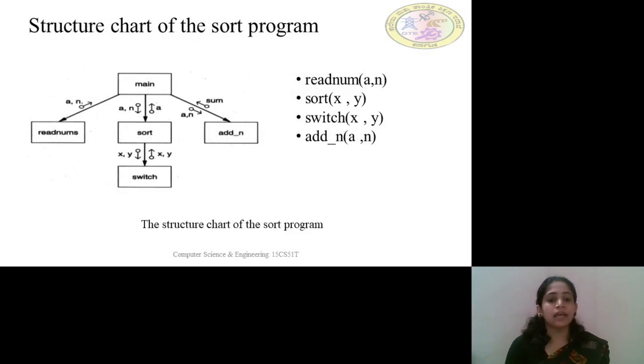In order to explain this, let us take an example of a sort program. This diagram shows the structure chart of the sort program. We all know what exactly the sort program does. The problem definition is: we are given n numbers, any given numbers, and when we input the numbers 1 to n, it should sort them, either in ascending or descending order. The smallest number should come first, then the next largest number, and the next largest. This is how the definition goes.